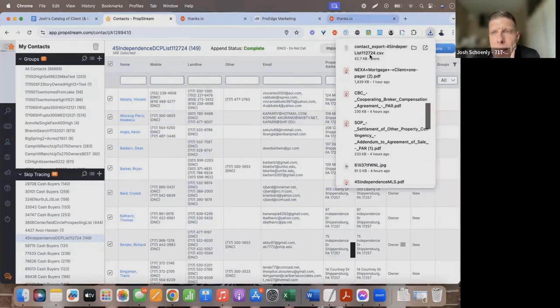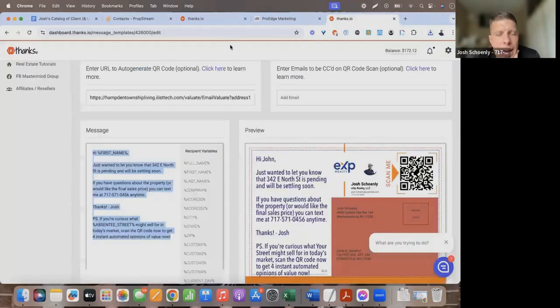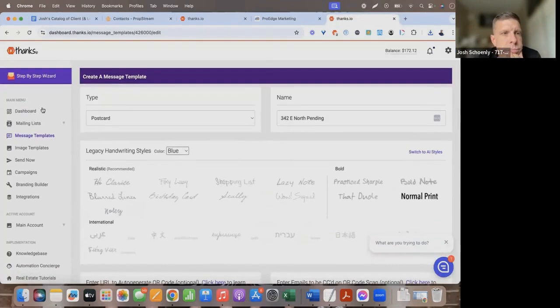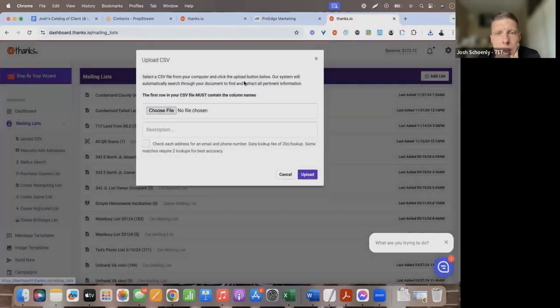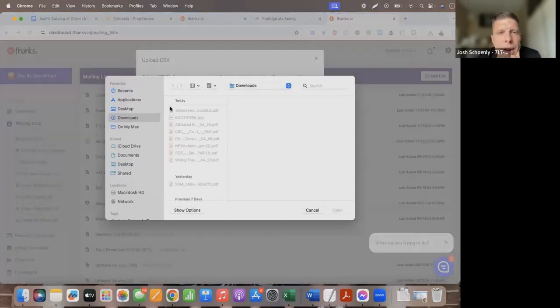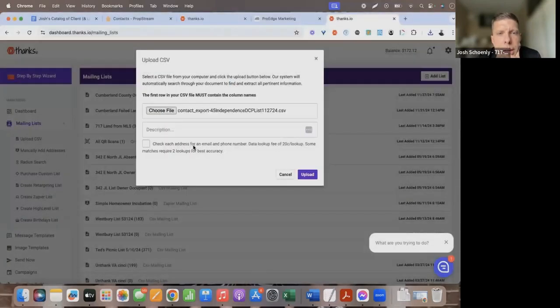Now I've got my list and we need a CSV file for thanks.io. I'm going to go over to thanks and I choose mailing list, add list, upload from CSV, choose my file, export. I'm going to call this 45 Independence Drive DCP list,